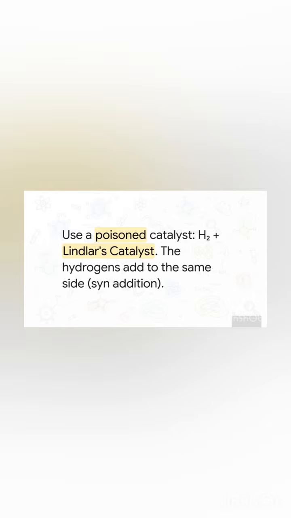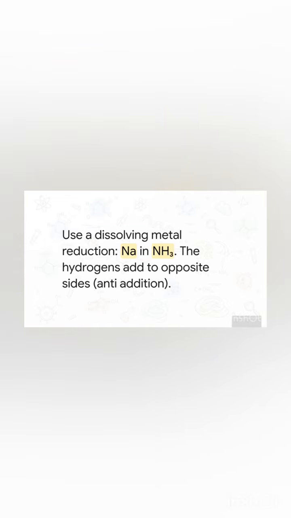Well, if your goal is a cis alkene, that means the hydrogens end up on the same side of the double bond, you use a special tool. It's a poisoned catalyst called Lindlar's catalyst. Basically, it's just reactive enough to add 1 molecule of hydrogen, but it's too weak to go any further. And because the reaction happens on the flat surface of the catalyst, both hydrogens have to add from the same side. And just like that, you get your cis product, specifically. So what if you want the trans alkene, where the